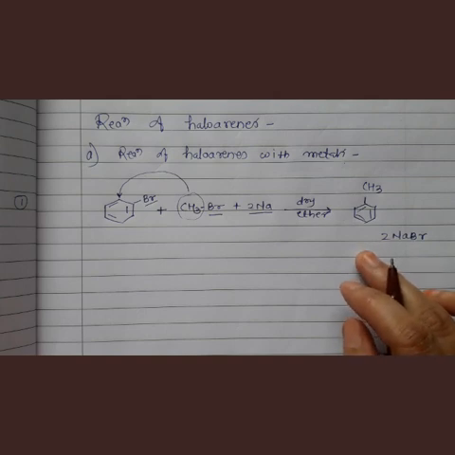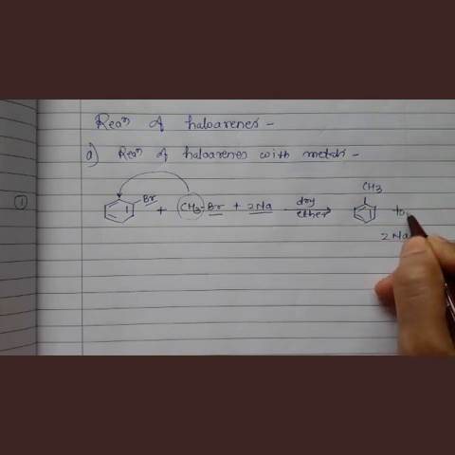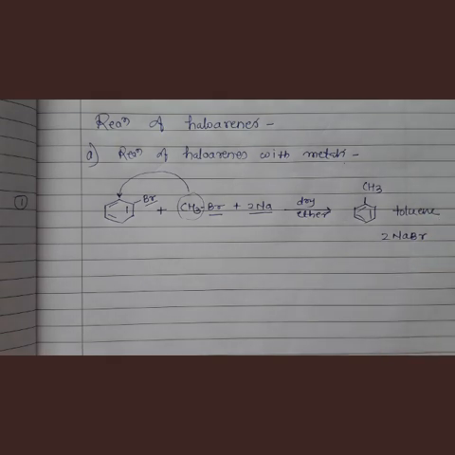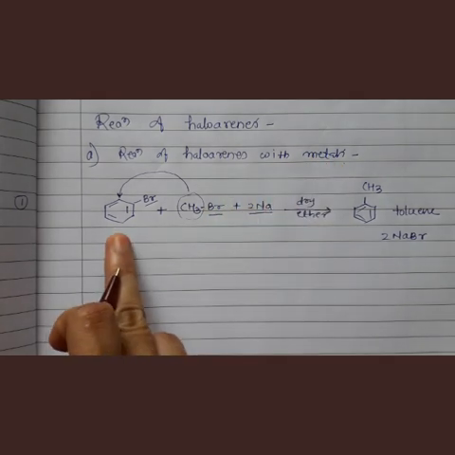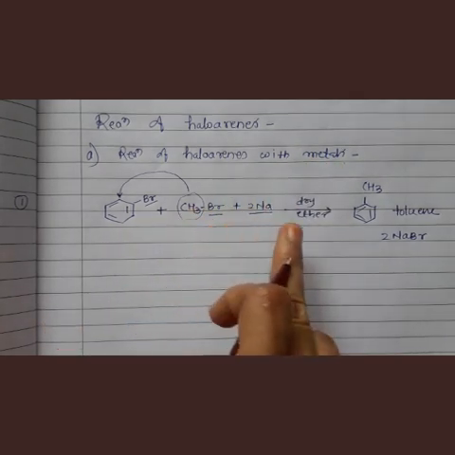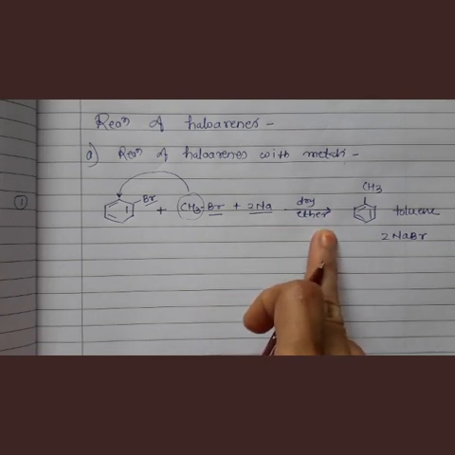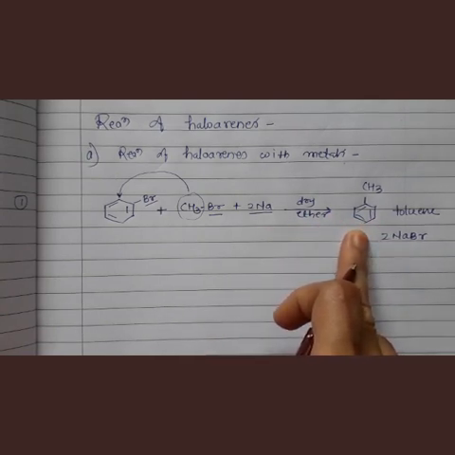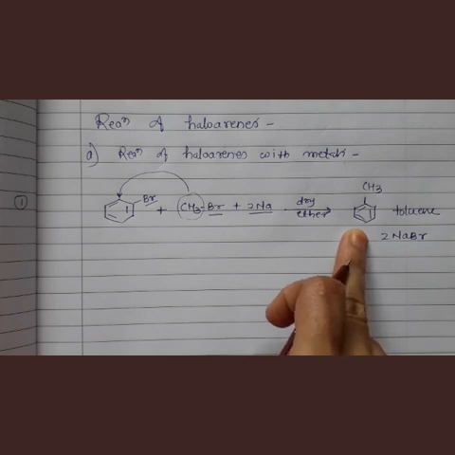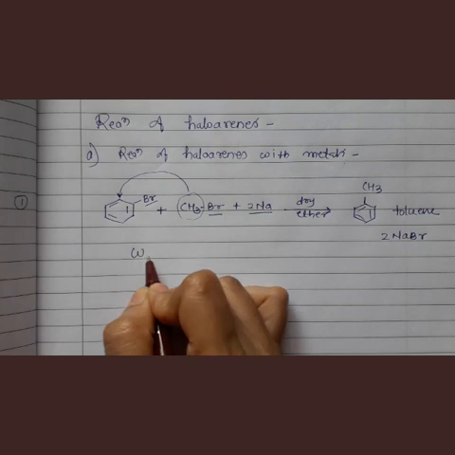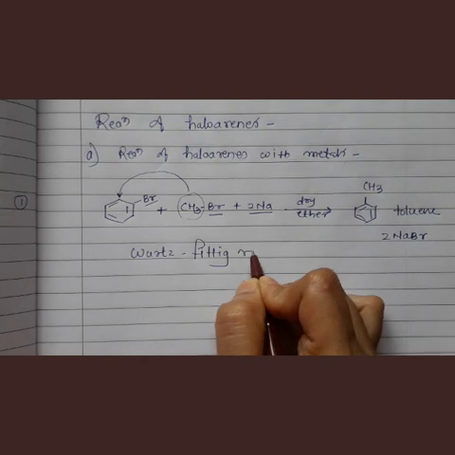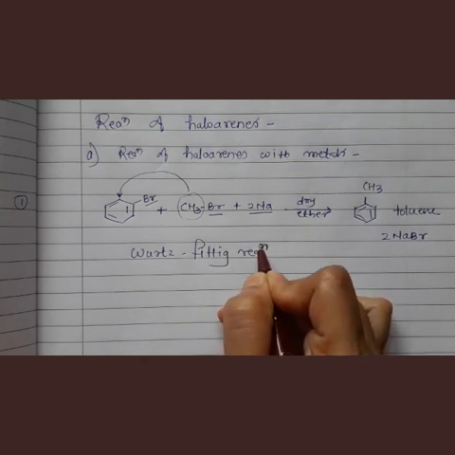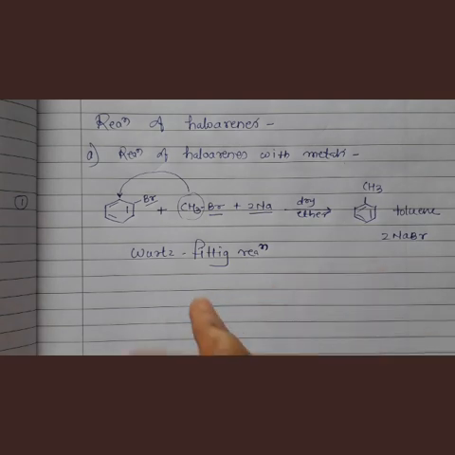What is the common name of this compound? We have seen, it is toluene. Understand? In this way the reaction of haloarene with metal will take place. The reaction of aryl halide with alkyl halide and sodium metal in the presence of dry ether to give a substituted aromatic compound is known as the Wurtz-Fittig reaction. In the last slide the spelling is wrong. Instead of Fittig, by mistake, fitting is written. So actually it is the Wurtz-Fittig reaction.